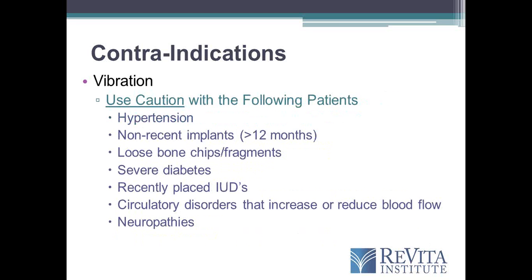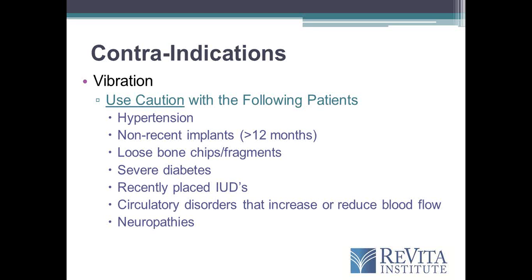The final category for patients under contraindications with vibration is the use caution category. In this case, the patients should have no problems with utilizing the equipment. However, again, we recommend that continual monitoring of the patient is done throughout the treatment. In this category, we're looking at patients with hypertension, with non-recent implants, and these are greater than 12 months, with loose bone chips or fragments, with severe diabetes, recently placed intrauterine devices, circulatory disorders that may increase or decrease blood